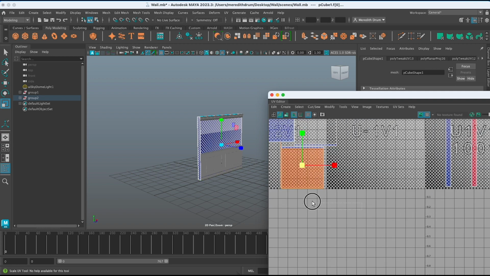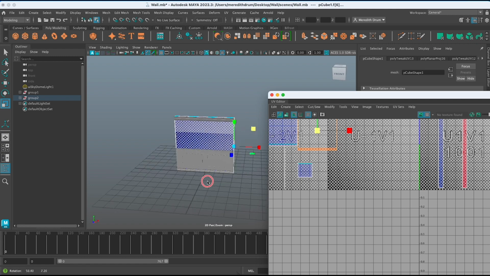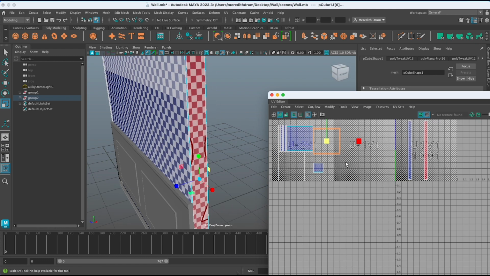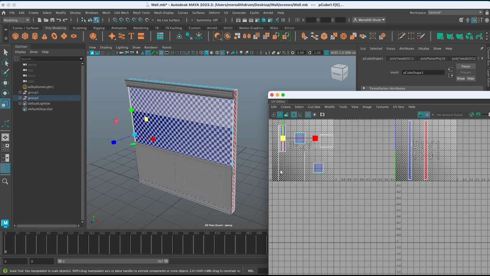Let's see, what are we missing there? Let's see if we can go to UV shell there and scale it way down. That's an edge there. We could scale that way down. That's that one top. Scale it way down. These are some edges here. We can scale those way down, and we can put all these together. So